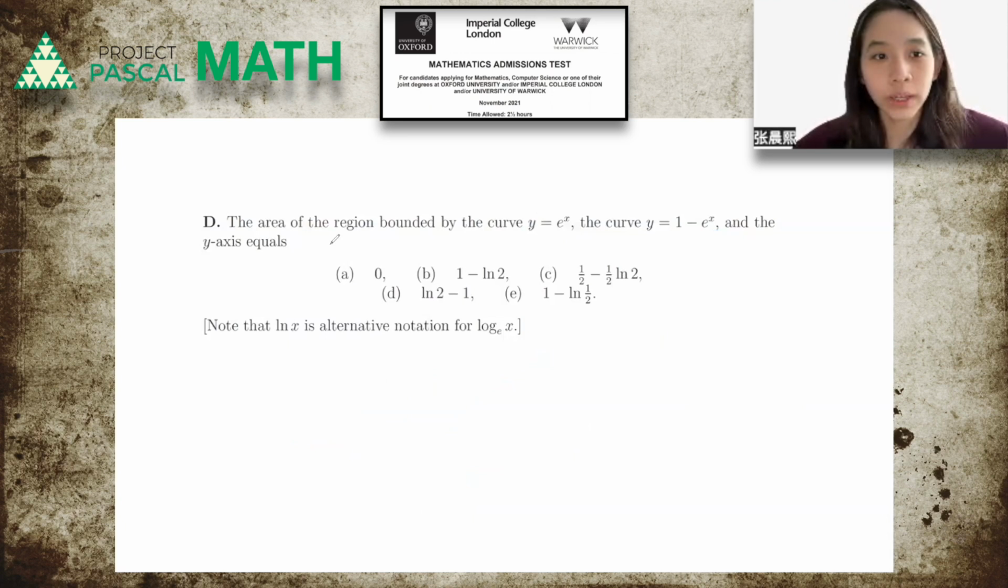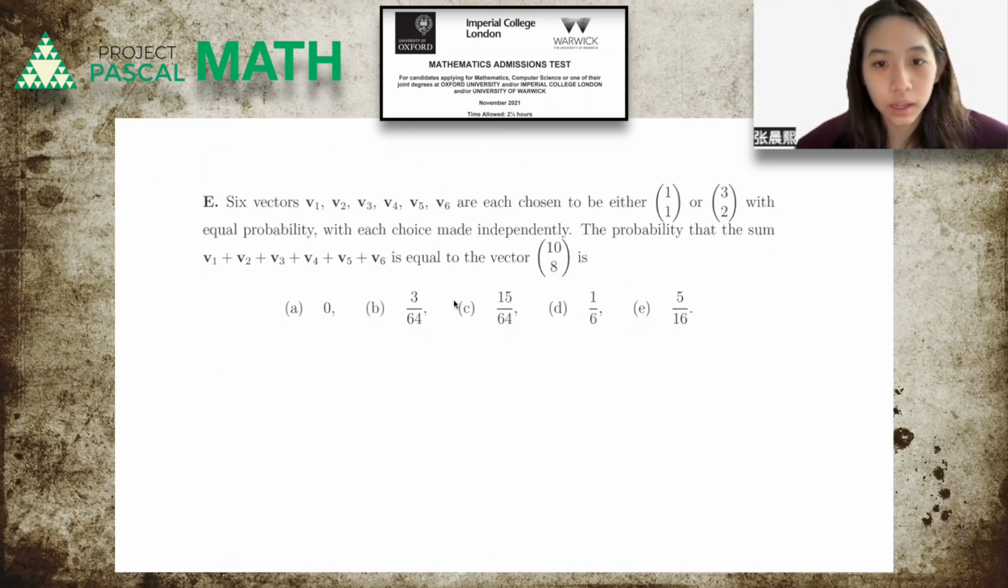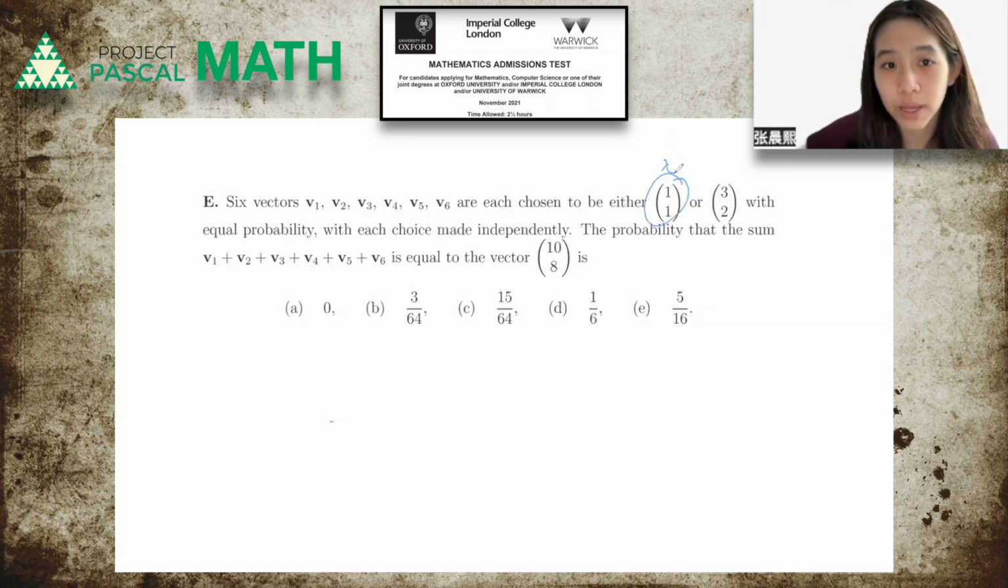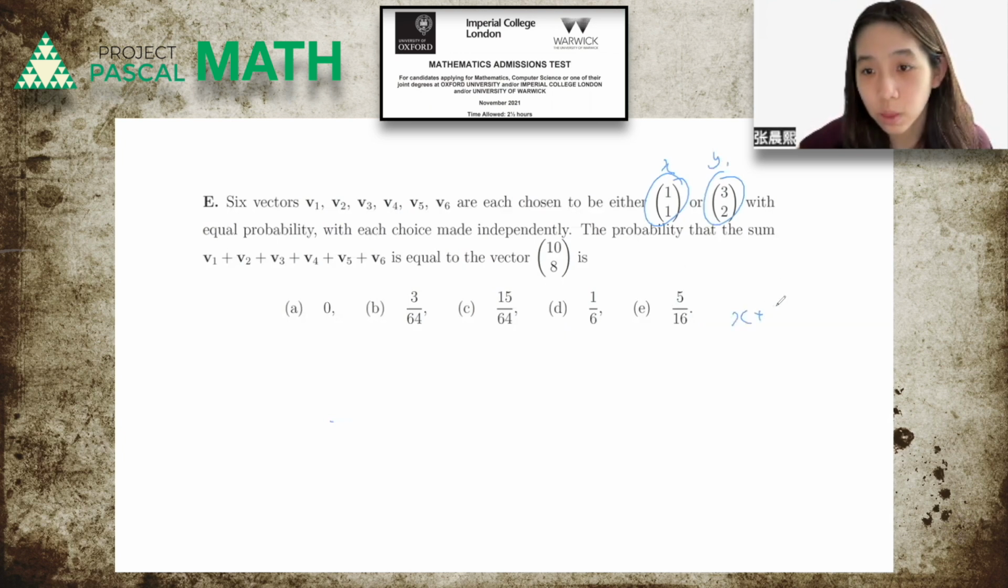Okay, moving on. The vector, okay, so let there be x of these, let there be y of this. So you have x plus 3y equals 10, and x plus 2y equals 8. So y equals 2, and x equals